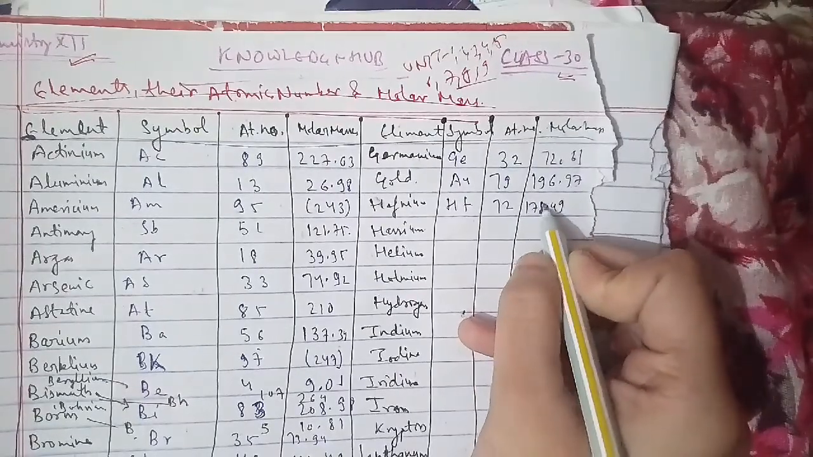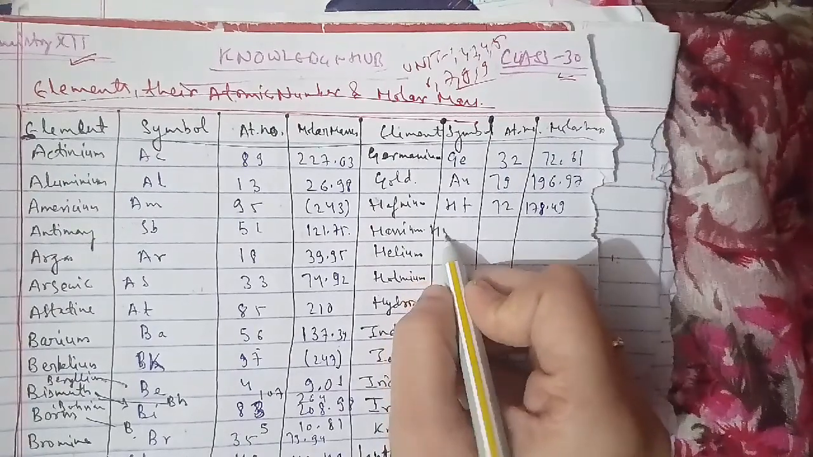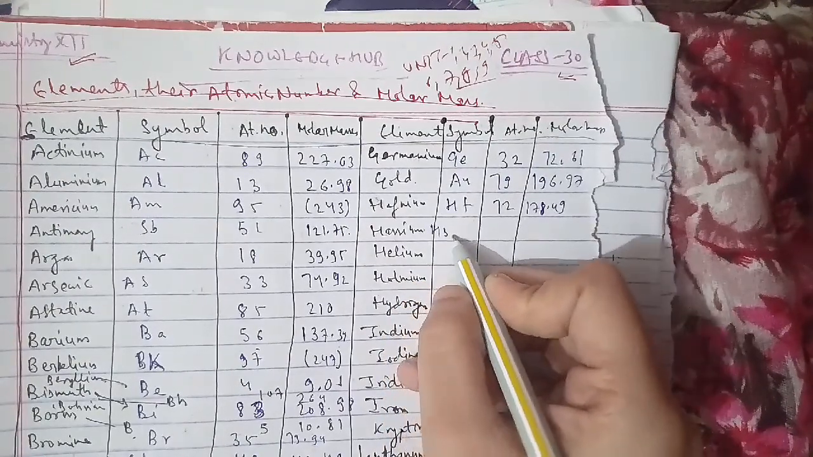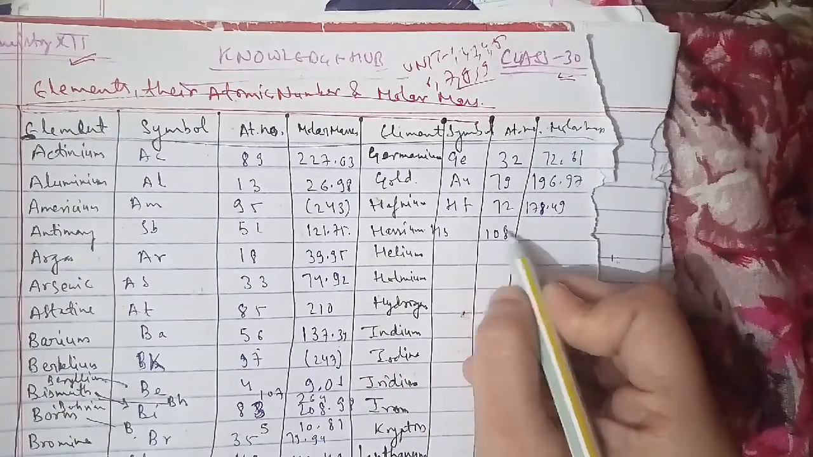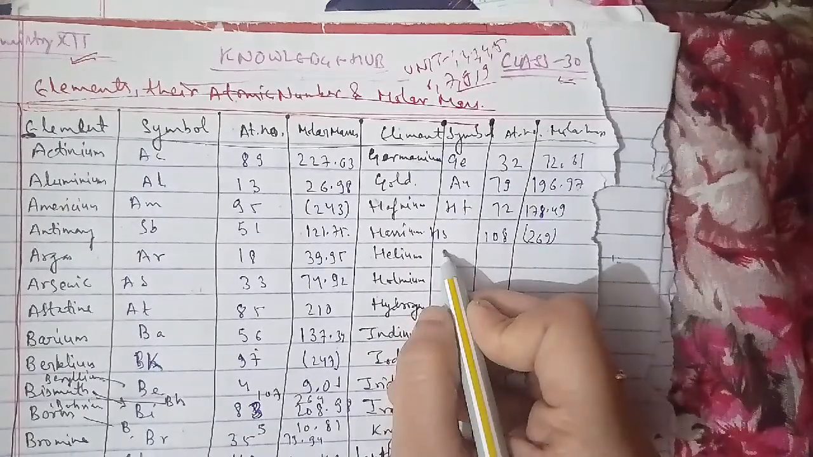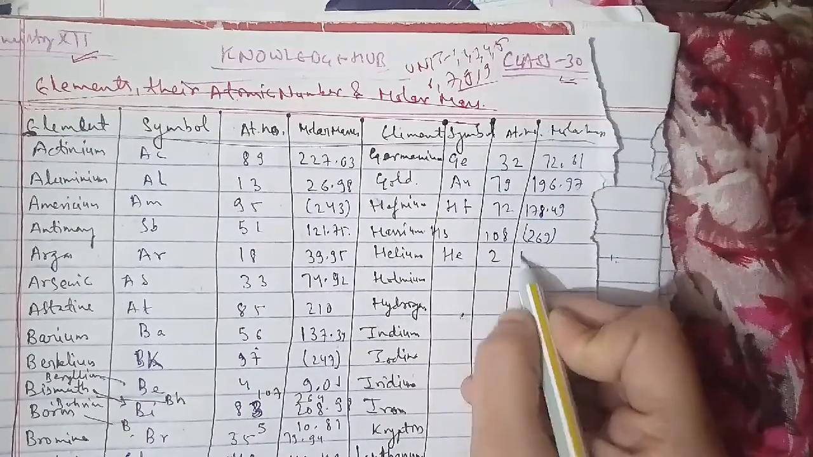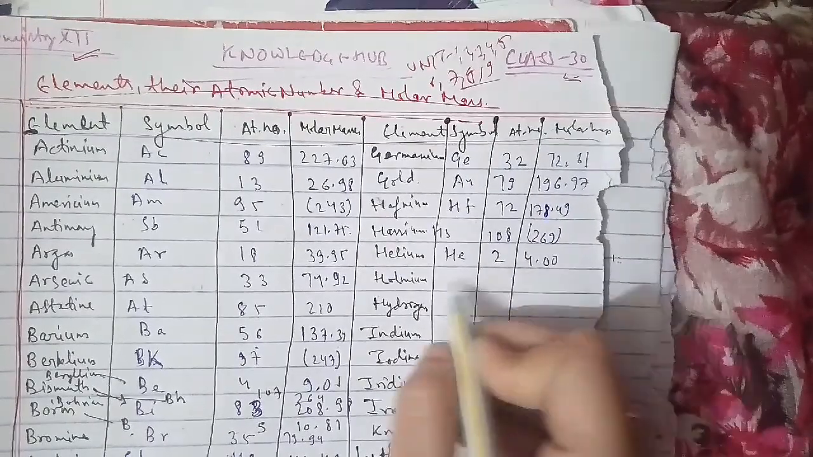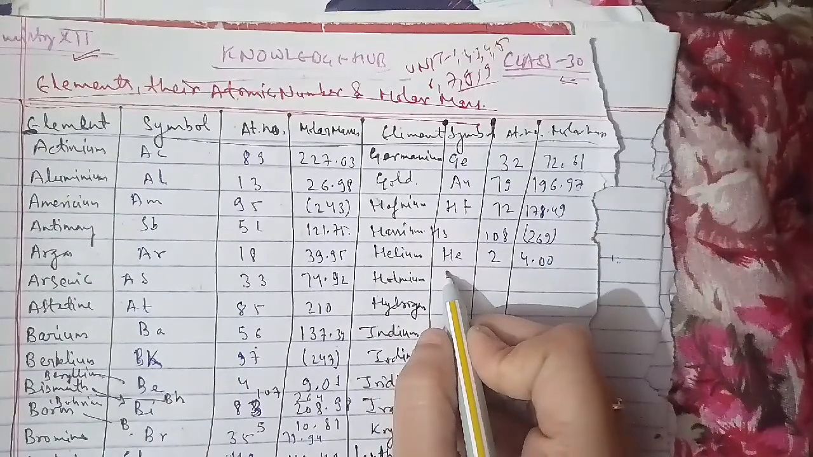192.2. Then we have your iron, that is represented by Fe. Atomic number is 26 and molar mass is 55.85 here. Next we'll talk about another one, that is your krypton, represented by Kr. Atomic number is 36,